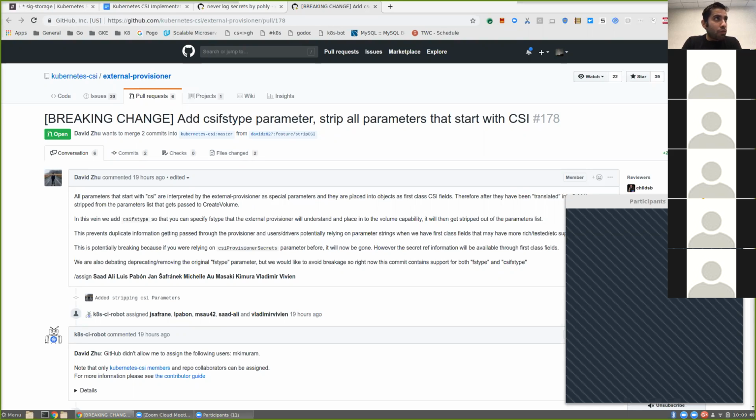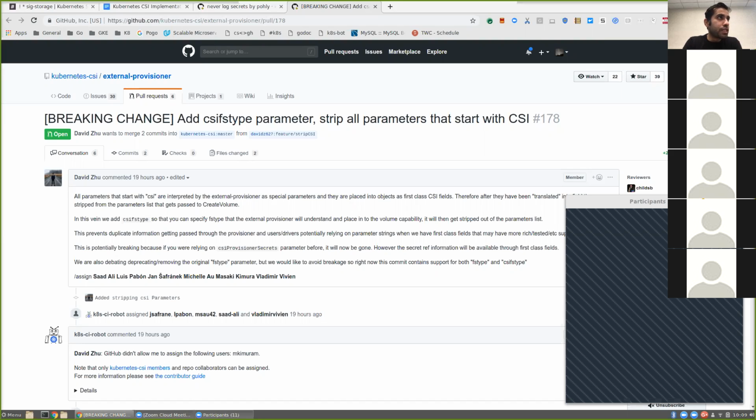Now, there's another change that we want to make, which is anything prefixed with the CSI key should be stripped from the parameters before being sent to the create volume request. The reason is that anything prefixed with CSI should only be interpreted by the sidecar container, by the external provisioner, and the external provisioner will basically translate that into a proper CSI parameter.